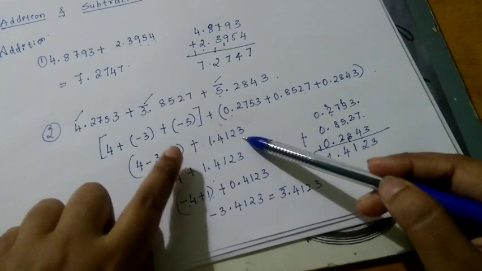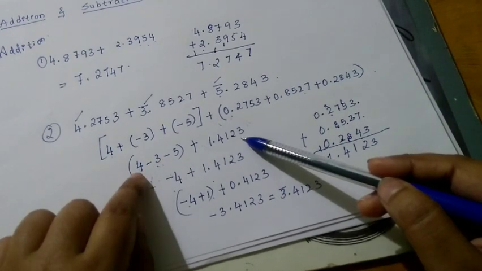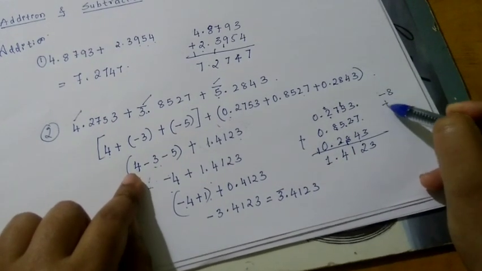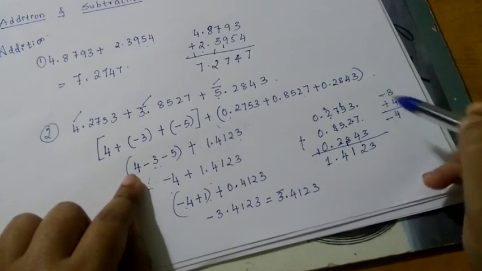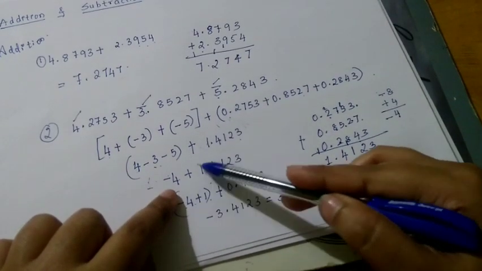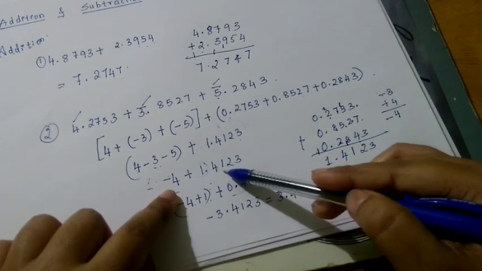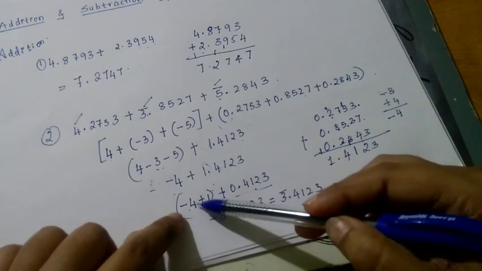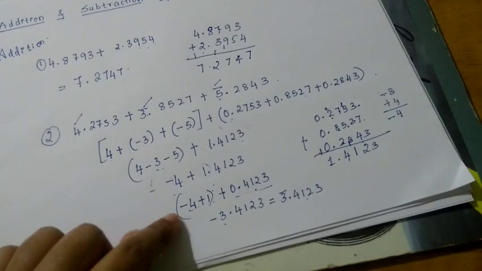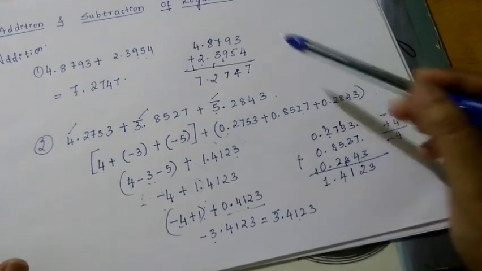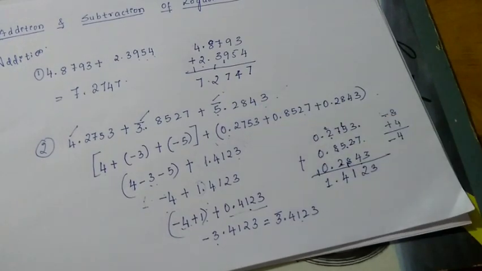So this value is checked. Minus 3 minus 5 is minus 8. Minus 8 plus 4 will be equal to how much? The greater number is 8, so minus 4. So you get the answer as minus 4. Here, what is the characteristic part again? Plus 1, into 0.4123 as it is. Minus 4 plus 1 comes out to be minus 3, that is nothing but 3 bar. So this is how we have to do addition of positive numbers and addition of negative numbers.